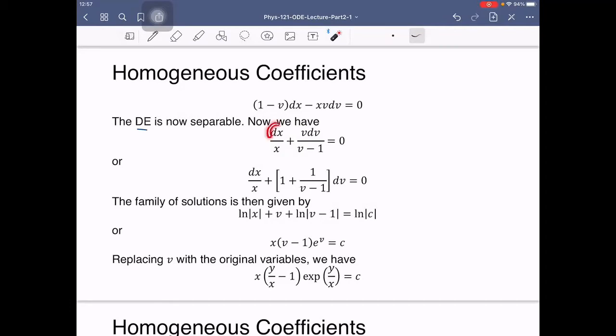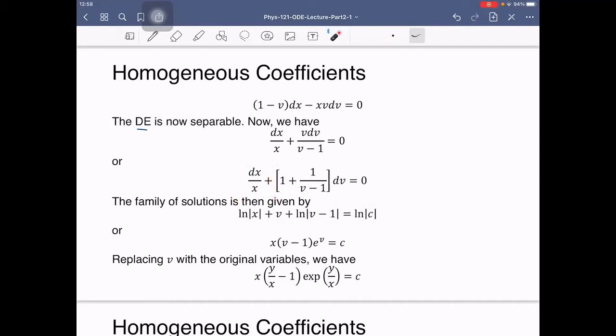So in this case, itong dx, may 1 over x lang siya. Okay? Yung dv natin has 1 over v minus 1. So ganun lang yung mangyayari dyan. So in this case, pwede nating paghiwalayin ito, itong term na ito, to 1 plus 1 over v minus 1 times dv. So in this case, if you integrate,